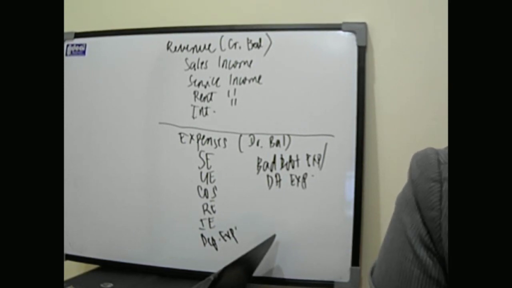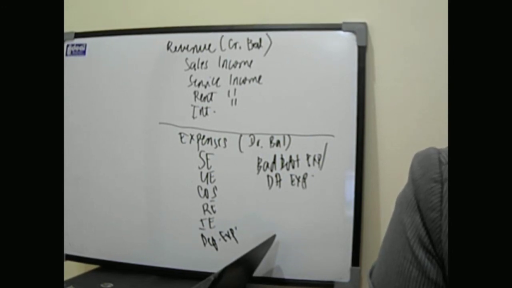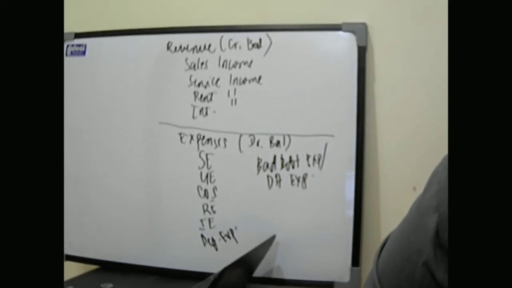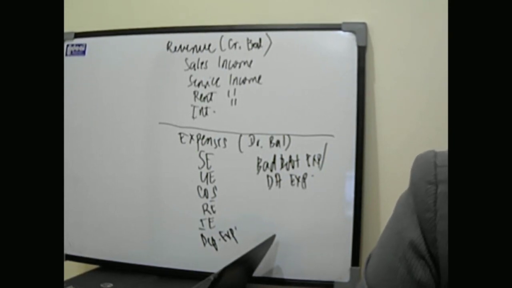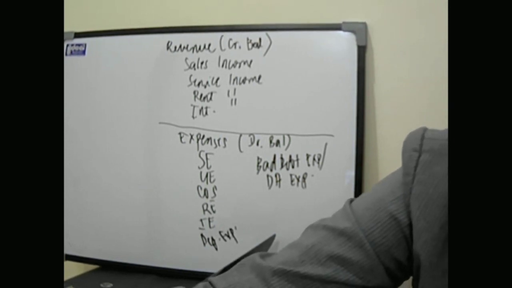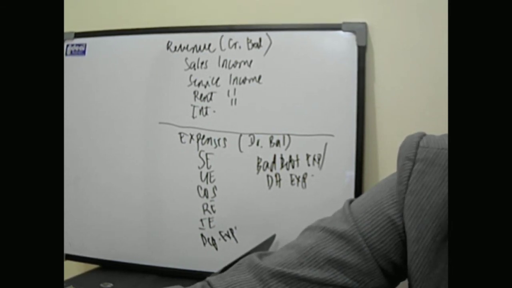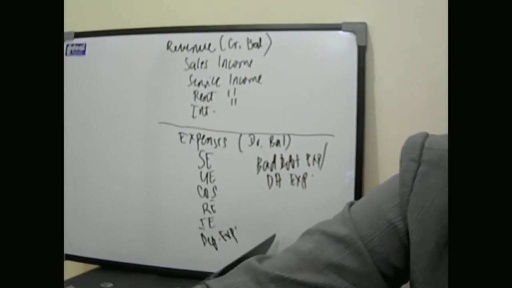So, hindi mo pa siya ini-expense. May konting hope ka pa rin na makukulekta mo yon, pero nagbibigay ka lang ng allowance just in case na hindi mo talaga siya ma-collect. So, if ever na hindi mo nga talaga siya na-collect, doon ka pa lang mag-i-expense. Yun naman ay bad debt expense talaga from its nature, di ba? So, that's it, guys. Just familiarize yourself with these different accounts. Ano ba yung mga kakaiba na accounts? We also have the